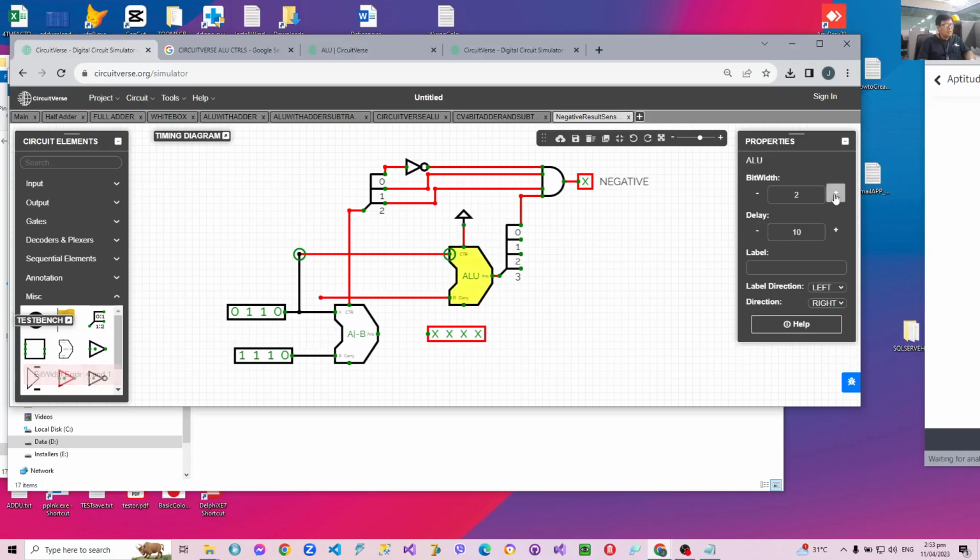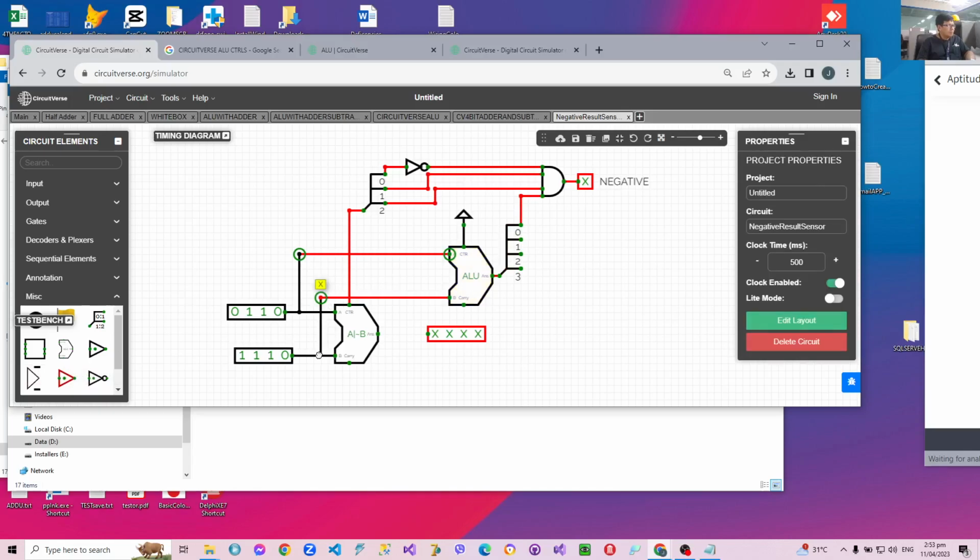No, this is a 4-bit ALU. Now we have the correct one. Okay, they follow. So let's find out. We didn't have an input,